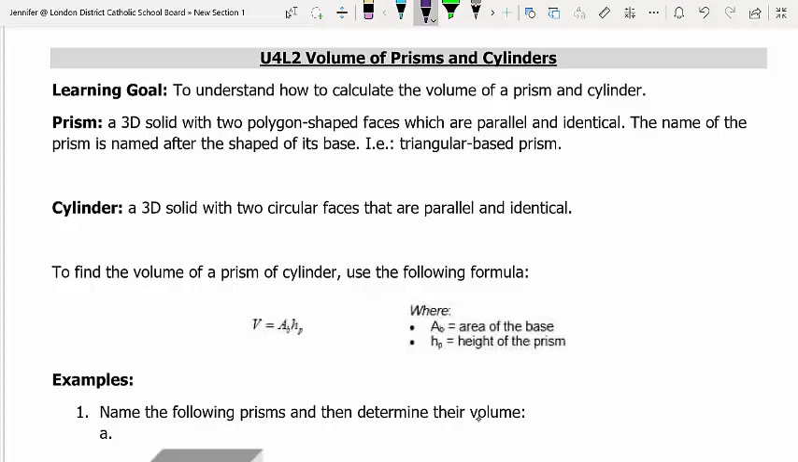Unit 4, Lesson 2, Volume of Prisms and Cylinders. So the learning goal for this lesson is to understand how to find the volume of a prism and a cylinder. So in case you don't know, a prism is a 3D solid with two polygon-shaped faces that are parallel